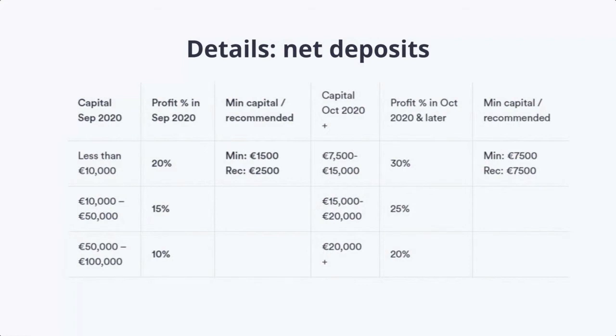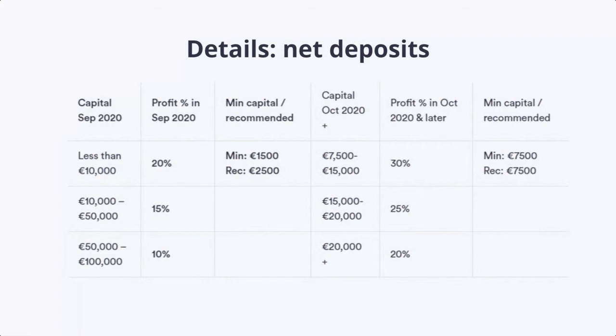Then it's up to you whether you withdraw the profit or you keep it on the account and trade with your balance plus the profits and increase your capital. Of course, that's your decision. So in September, as an introduction to Zeus EA and the profit share model, we have a great incentive or a great offer. There's a discount, basically. You will only pay 20%, which is great. It's low, and you can start with as low a capital as €1,500.